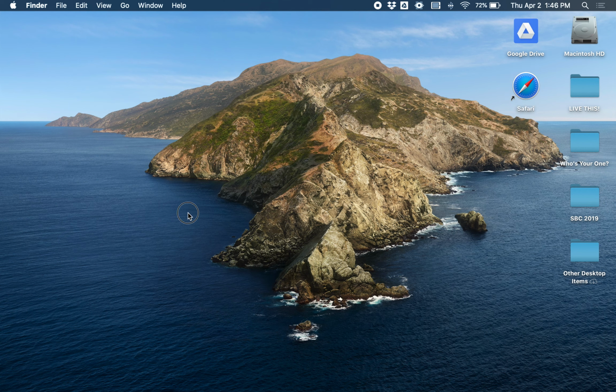So your screen, as you look at it, your desktop should look something like this, just a different picture in the background maybe. And you should have some icons on the screen there. Maybe yours are over here on the left side as opposed to being over on the right. The browser that I use for internet browsing is Safari, but yours might be Mozilla Firefox. It may be Google Chrome. It may be something like Internet Explorer. Whatever your internet browser is, I encourage you to go to that icon and double click on that icon, and